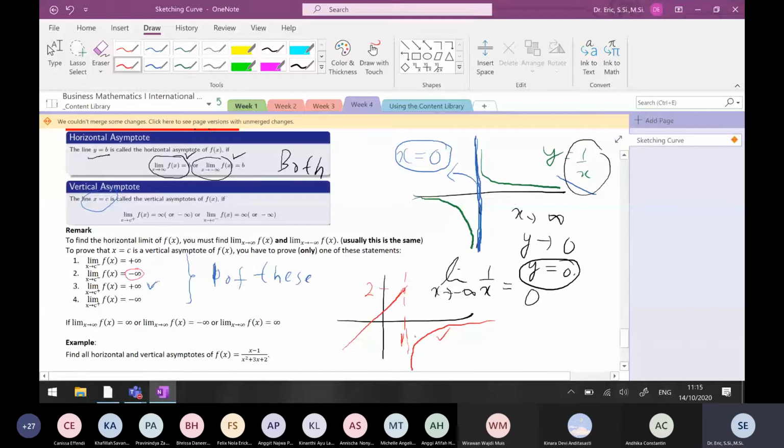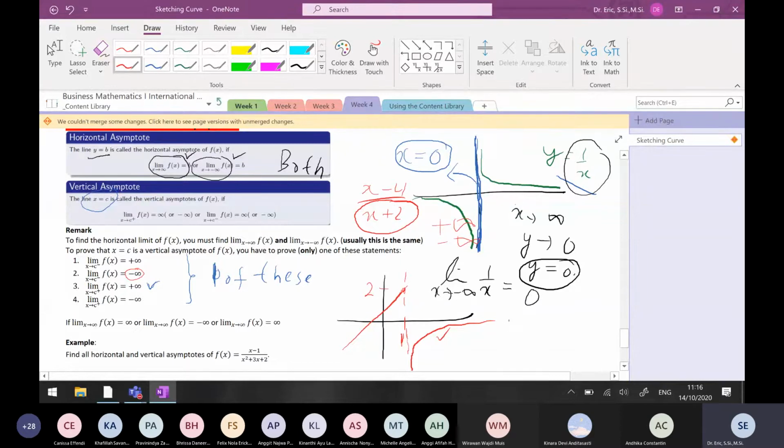If you have a rational function, like maybe (x minus 4) divided by (x plus 2), how do you find quickly what the vertical asymptote is? Very easy. It must be x equals minus 2. Why? Because when x equals minus 2, you have a division by 0, and a division by 0 will give you plus infinity or minus infinity, depending on whether you are going from the left of minus 2 or the right of minus 2. So it will give you the vertical asymptote.